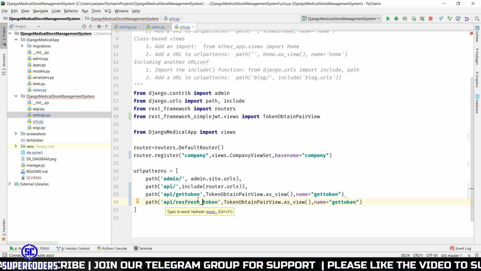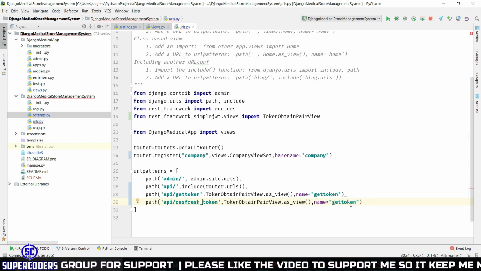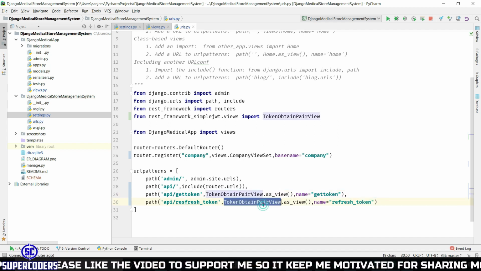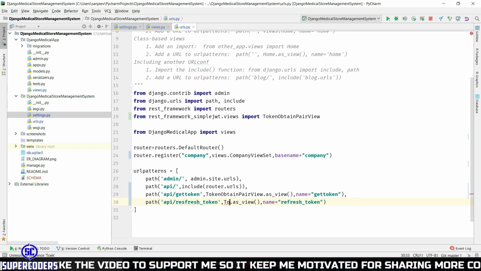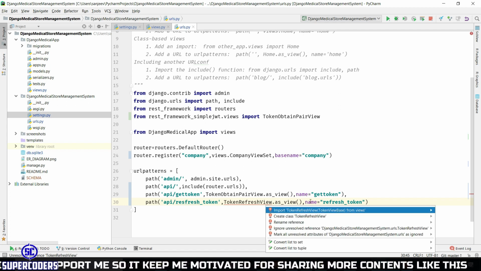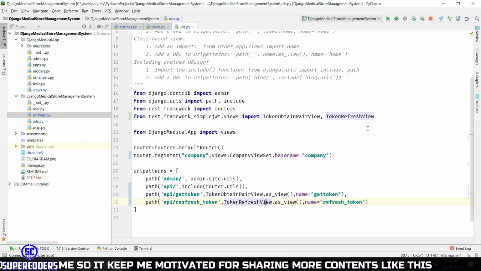Also, if you watch this, you won't face any issue, because I am showing all these examples from the beginning. Change this to refresh token, and change this to TokenRefreshView. Import this. So it's imported. Now it's done.